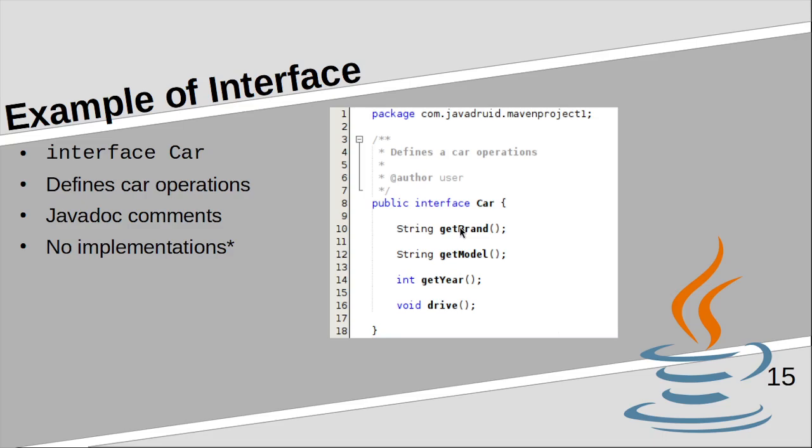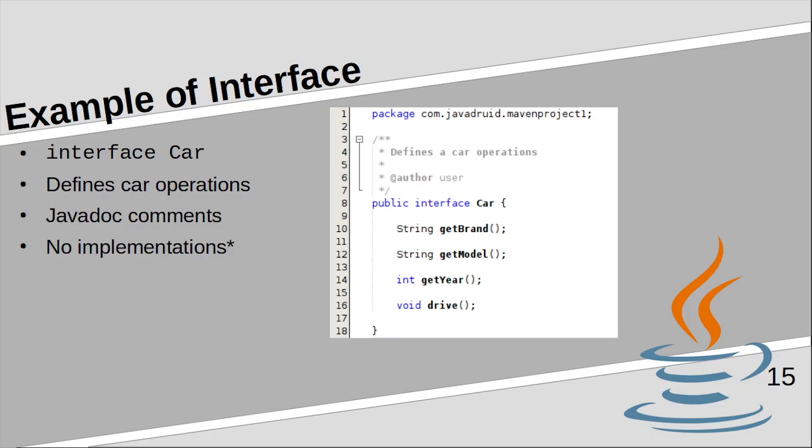Then you're going to need a more concrete implementation of this interface, and you need to implement all of these methods, unless you're using an abstract class, which is for more complex cases.